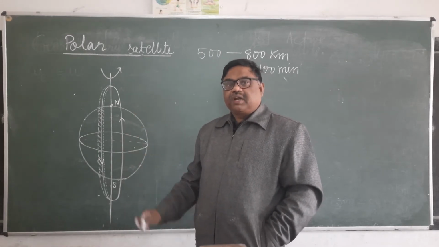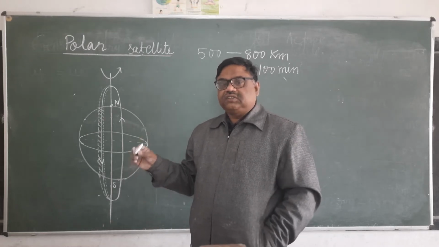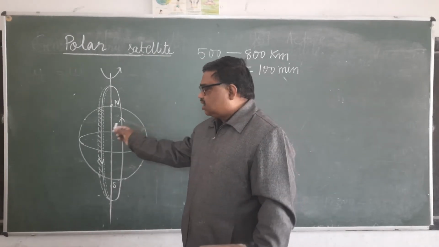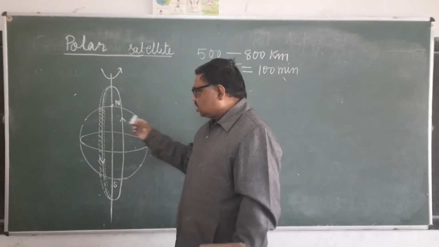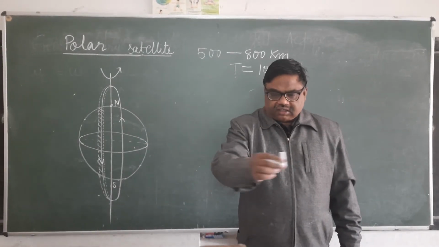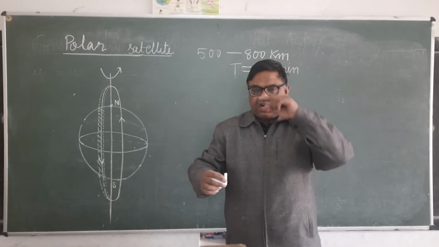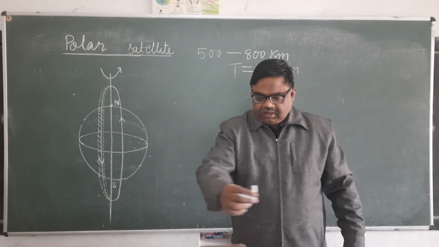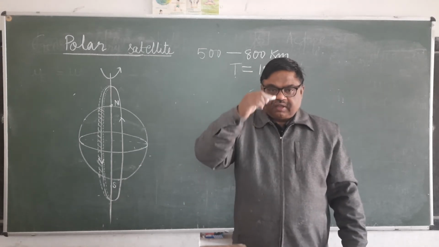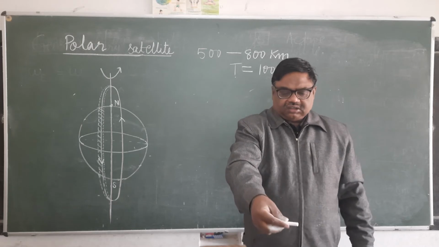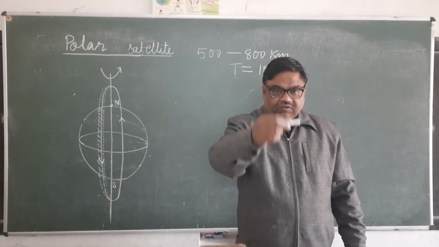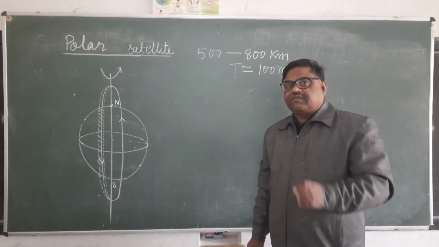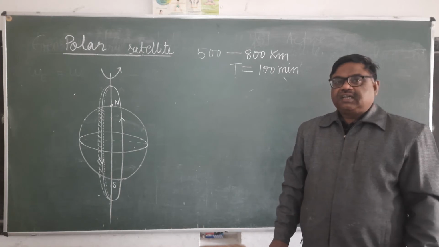They will record number of observations of the earth's surface in a day at different timings, because earth is passing under the satellite. Earth is rotating this way. It's clear? And satellite is revolving this way. So earth is rotating this way, and satellite is moving this way. So what will happen? They take not this way, north to south means this. It will be this. So they take number of observations of the different places of the earth